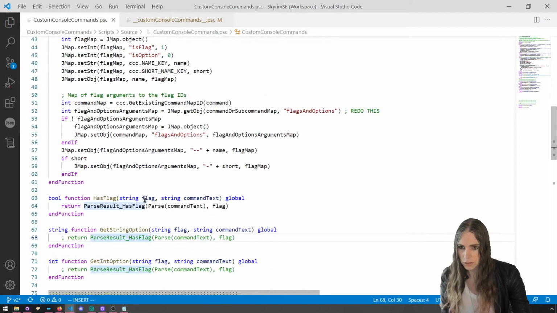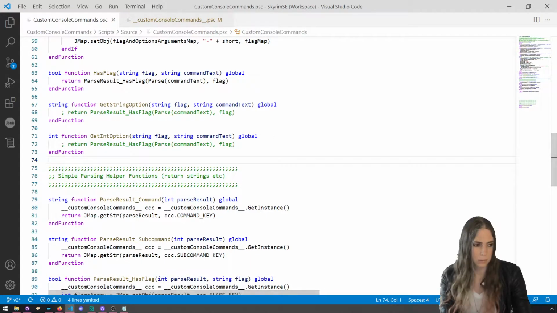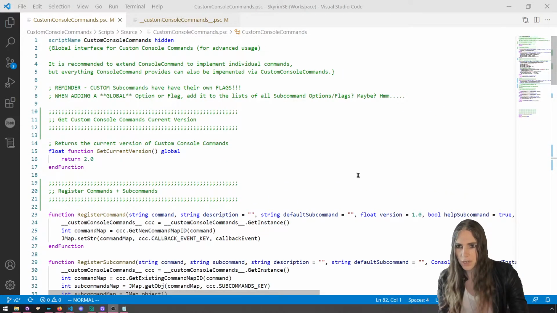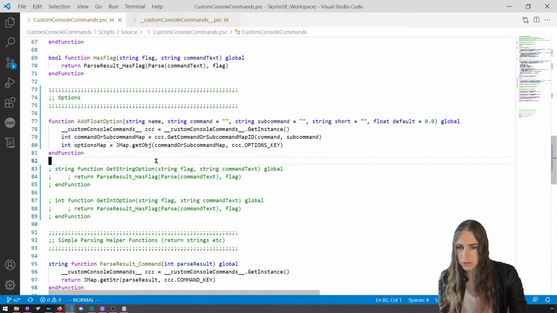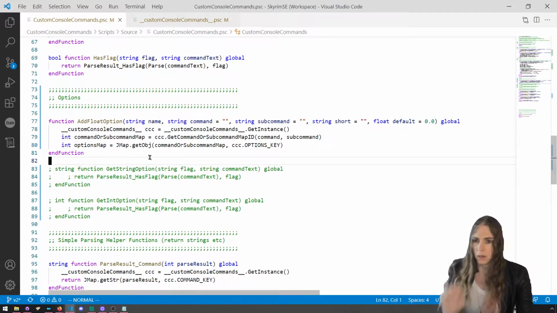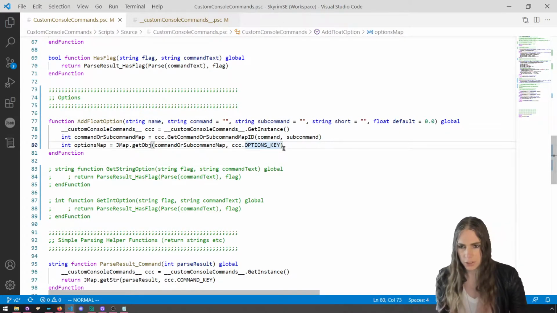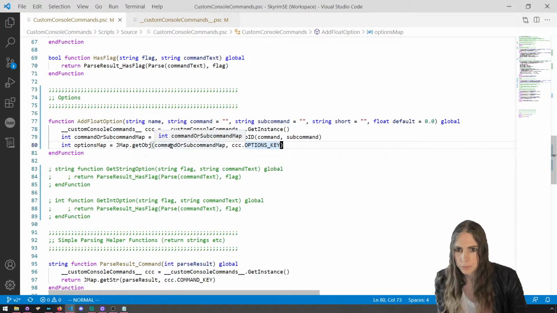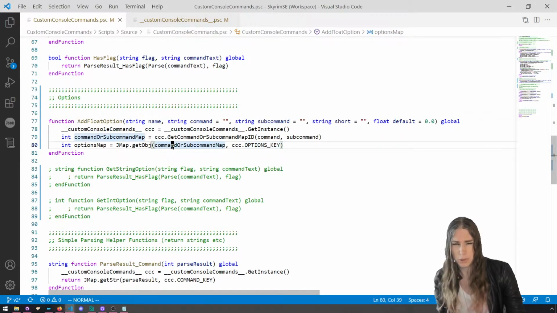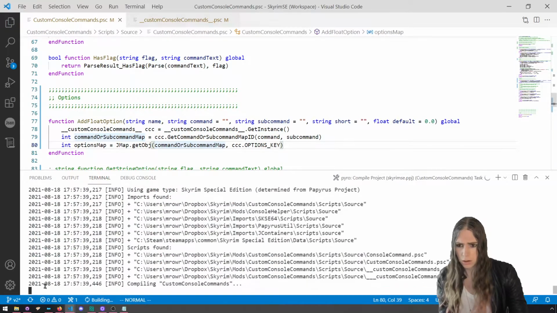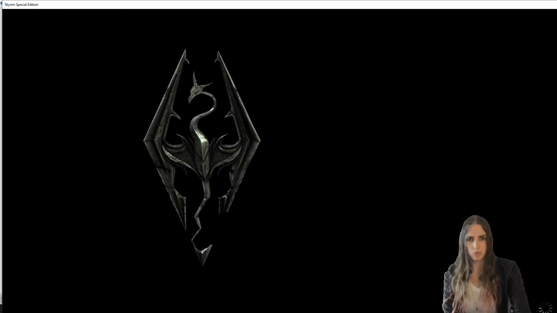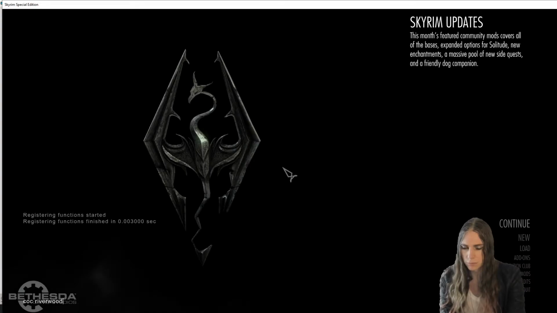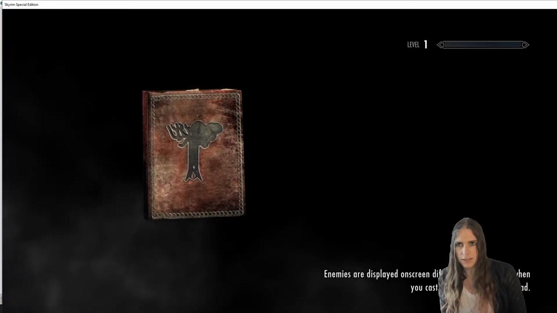Let me add sections for this. I just organized a little bit. Version, register, flags, options. So here's float options. There's our default. And we added the option information to our options, which we already had registered. So maybe we just want to inspect our gimme and see if that option is there. Did we already do that before? Let's inspect gimme. Now that things are up and running again, hopefully inspect will work fine. We can see if our option is there, and if it is, all we need to do is update our